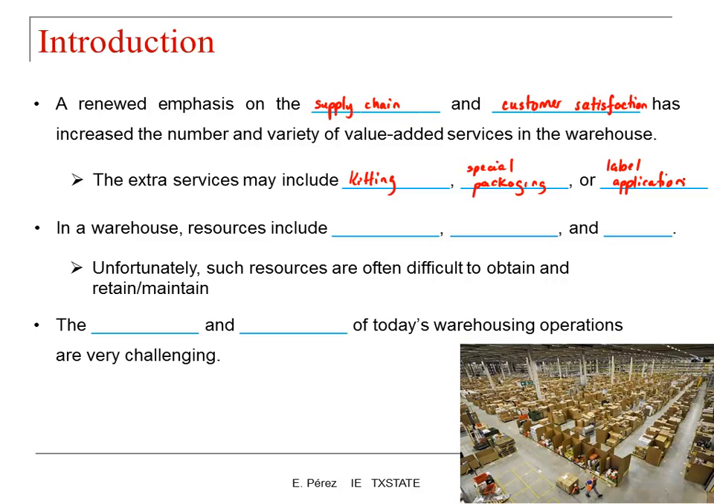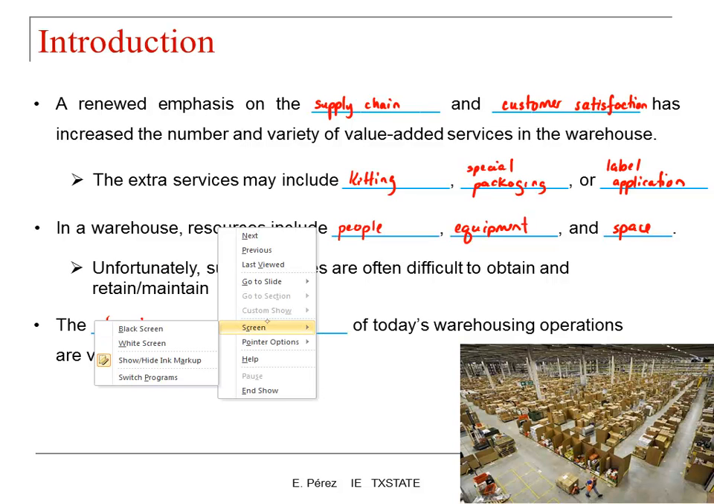In terms of the resources that you have in a warehouse, those include people, equipment, and space. Space can be your floor, or you can also have racks in which you can store items. So there are multiple ways in which you can add space to your facility. Unfortunately, such resources are often difficult to obtain and maintain. So the planning and management